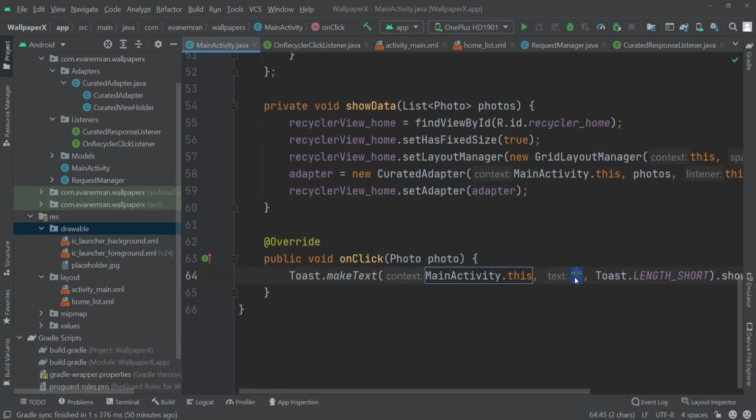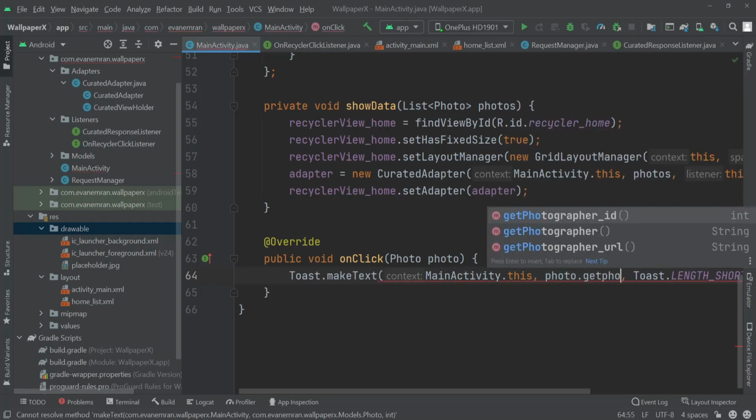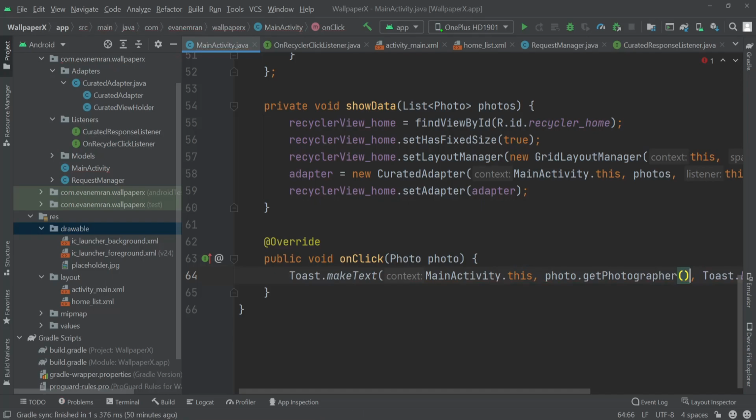So here I'll write photo.getPhotographer. Okay, that's it. And this will show the photographer name in the toast message, but we haven't added the click handling inside our